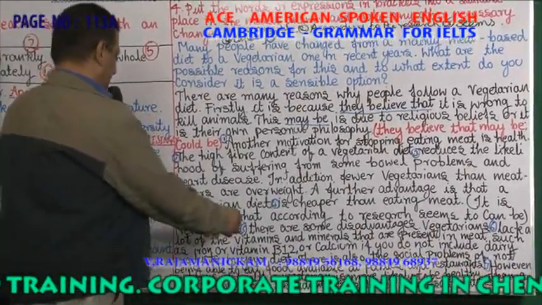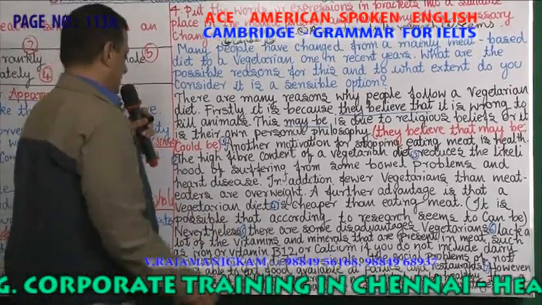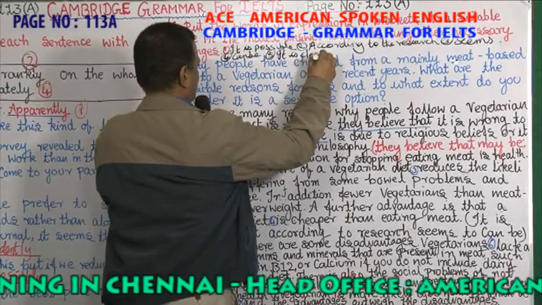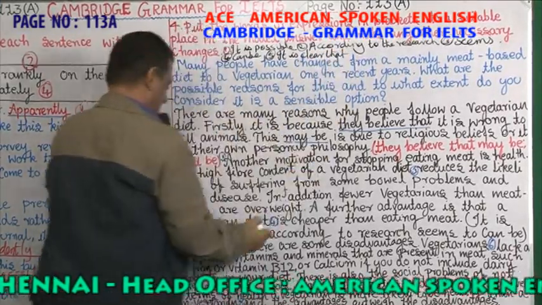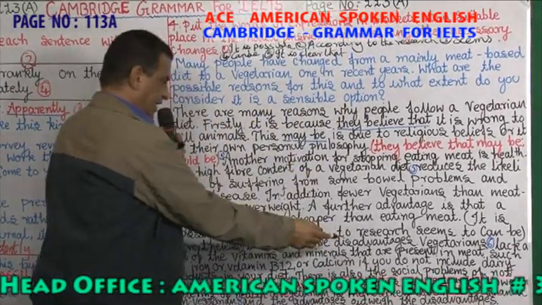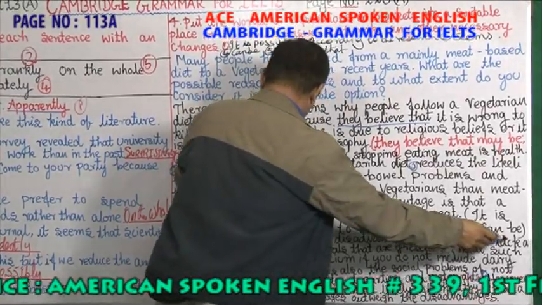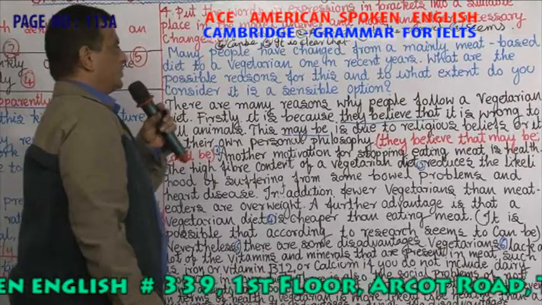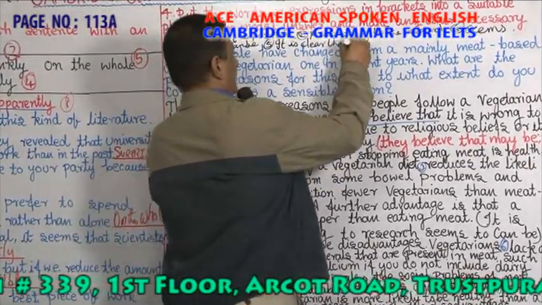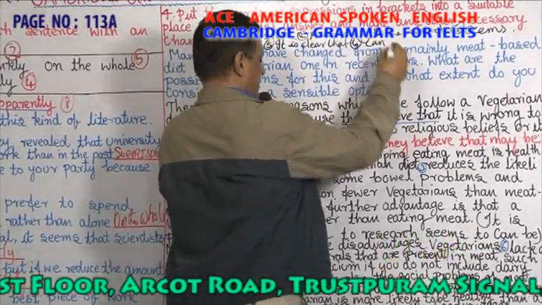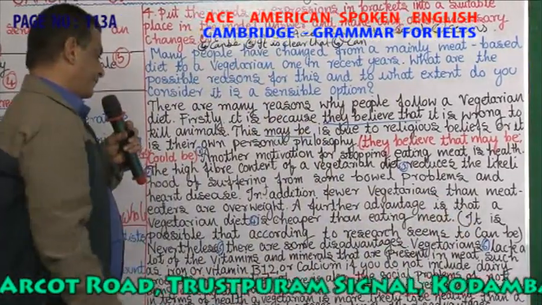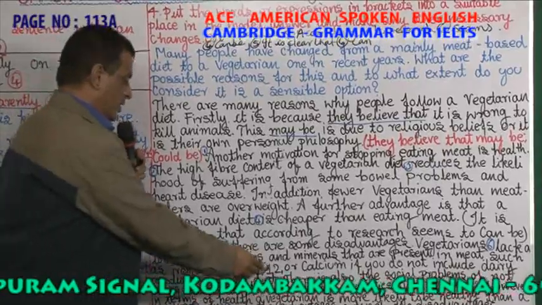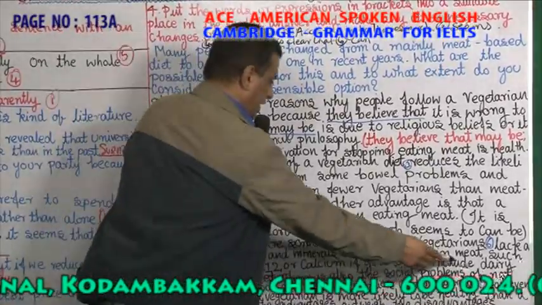So, what is the fifth answer? Nevertheless, it is clear that there are some disadvantages. Vegetarians lack a lot of the vitamins and minerals. What is that? Sixth. You are using can lack. Okay. Such as iron or vitamin B12 or calcium if you do not include dairy